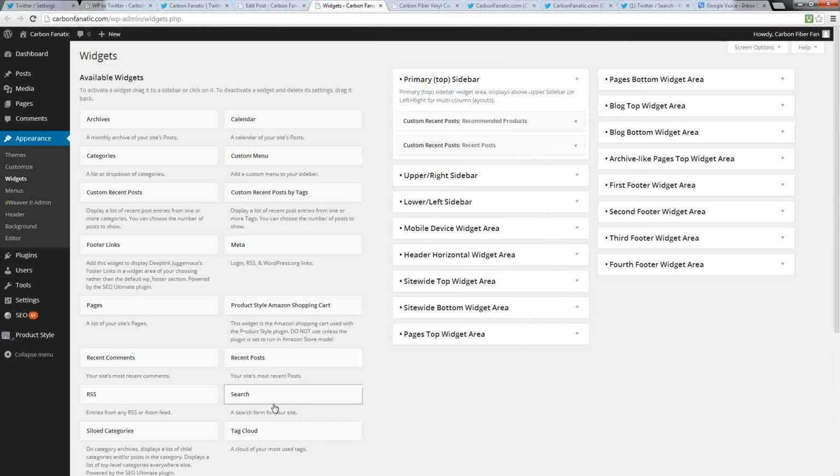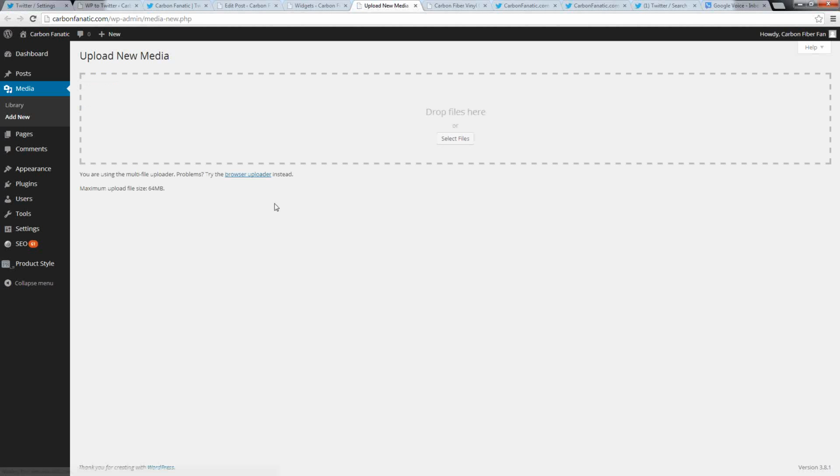And we are going to take that image, and you want to download it to your own computer, and then go to your WordPress site, go over to Media, and then go to Add New. Now on this page, you just want to click on Select Files, find that file on your computer, upload it, and once you upload it, it'll display it right down below here, and there will be an edit link out